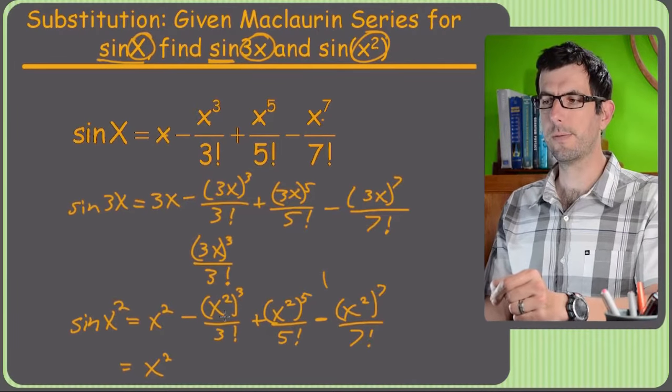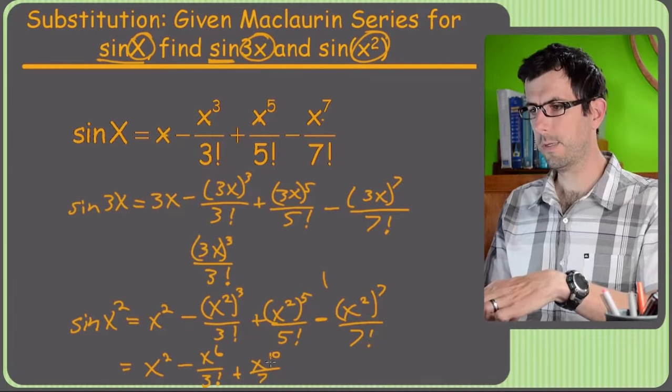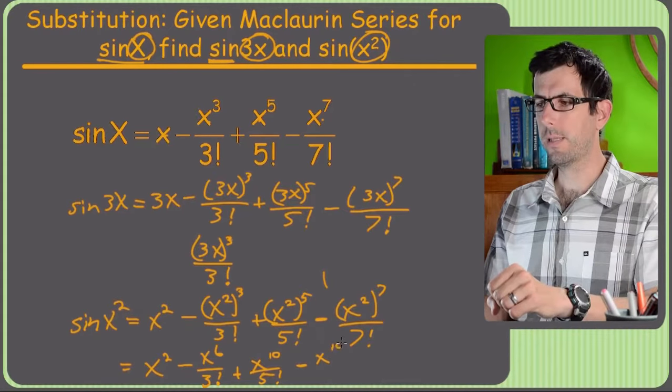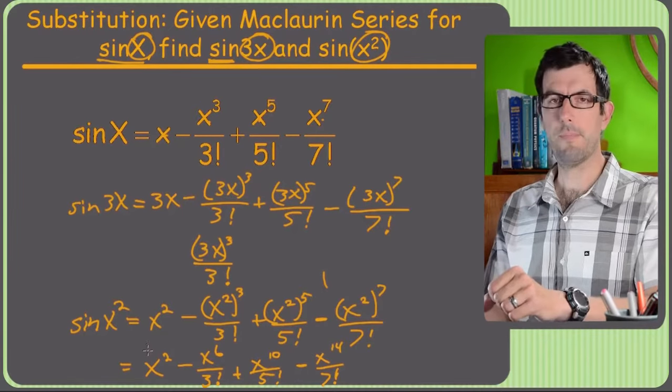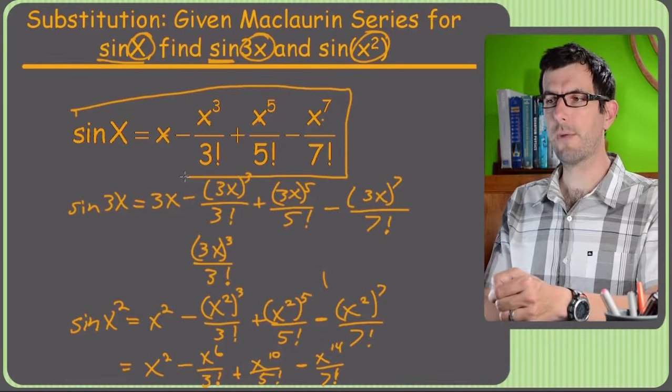Just x squared cubed is minus x to the 6th plus x to the 10th over 5 factorial. Oops, over 5 factorial. Not sure where I got that. Minus x to the 14th over 7 factorial. All right, so that's what you can do if you know the Maclaurin series or the Taylor series, whatever, and